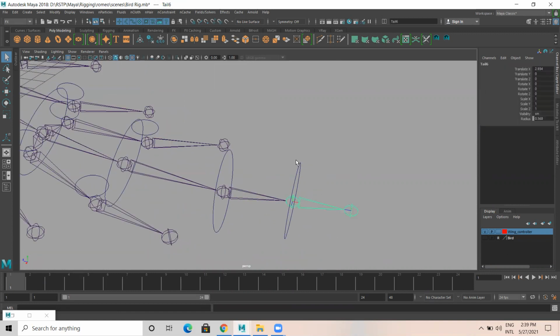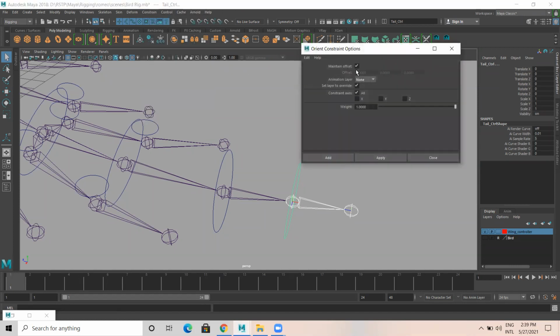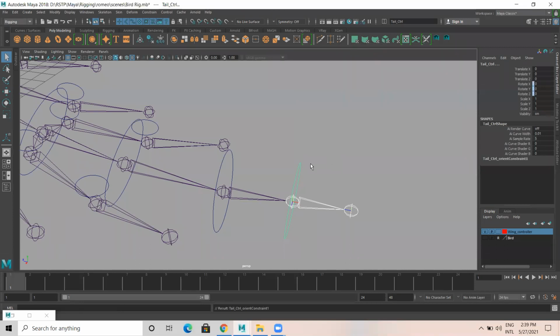Select the joint, shift select the curve, joint and the curve, go to constraint, orient. It's orient constraint. Make sure maintain offset is on. Everywhere here it is orient constraint only. So we need to select the joint and the curve. It's orient constraint. I have added it so that when I rotate this,